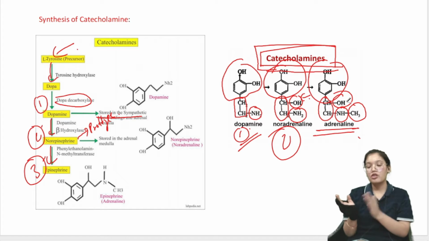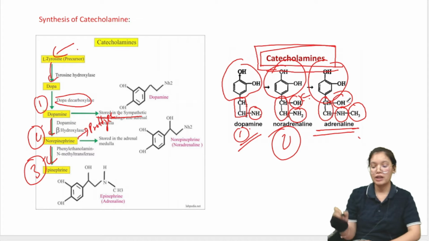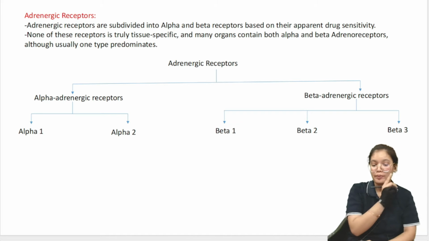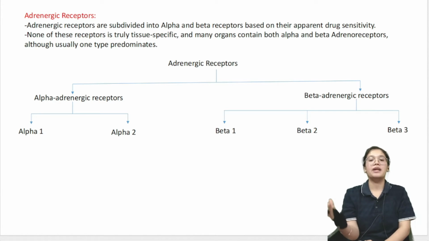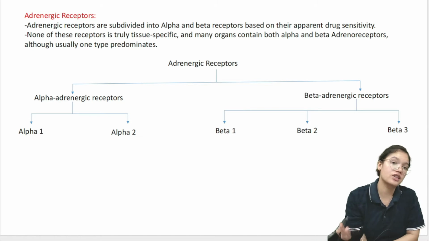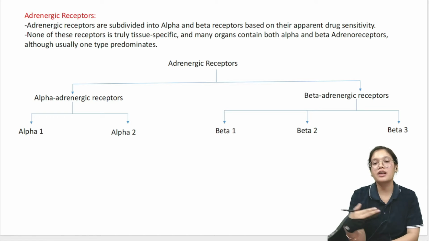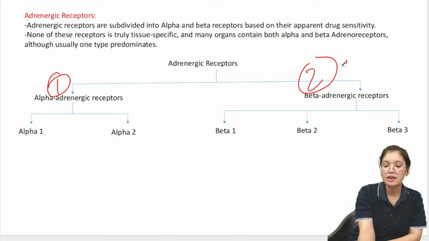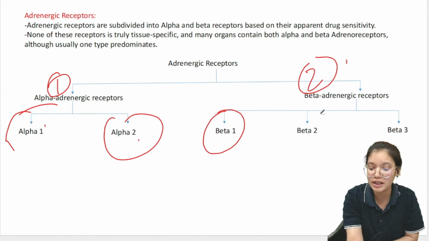Basically, the structure of noradrenaline and adrenaline is almost similar, the only difference is the extra CH3 group present in the structure of adrenaline. Now, moving forward towards the adrenergic receptors. Basically, there are two types of adrenergic receptors present in our body: the alpha adrenergic receptor and the beta adrenergic receptor. They are further subdivided into alpha 1 and alpha 2 adrenergic receptors, and beta 1, beta 2 and